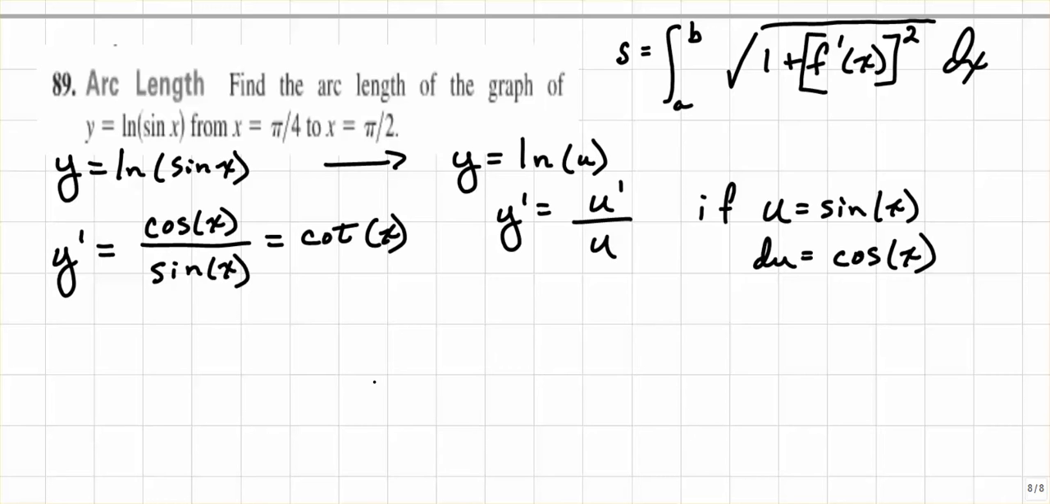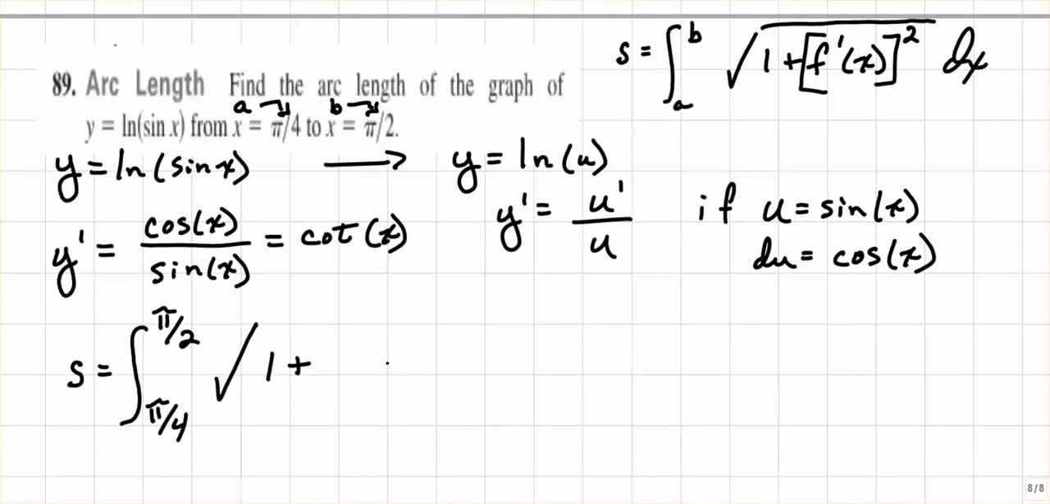Okay, now we want to continue by figuring out what my limits of integration are. Well, this is a and this is b. So the arc length is going to be equal to the integral from pi over 4 to pi over 2 of the square root of 1 plus, remember it's f prime of x quantity squared, so this would be the cotangent squared of x dx. Now in this case, when I go to take the integral of this, I have never dealt with 1 plus the cotangent squared of x underneath the radical,